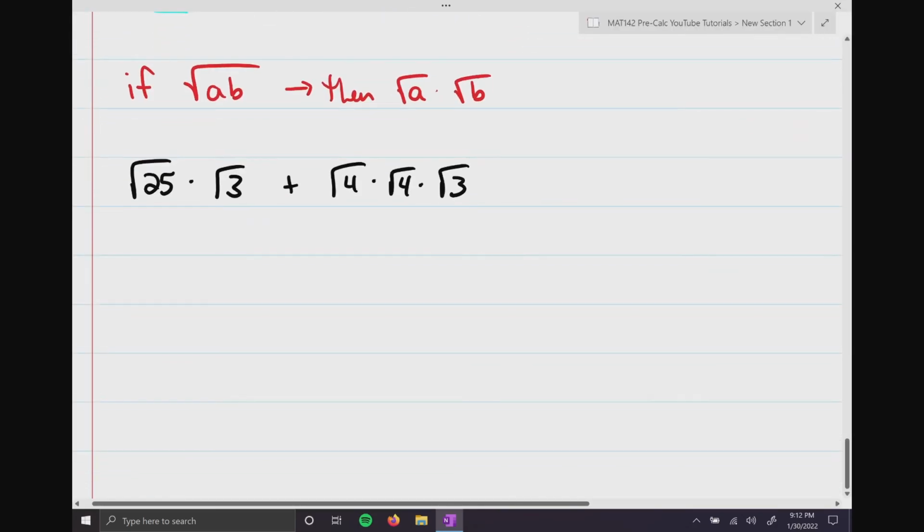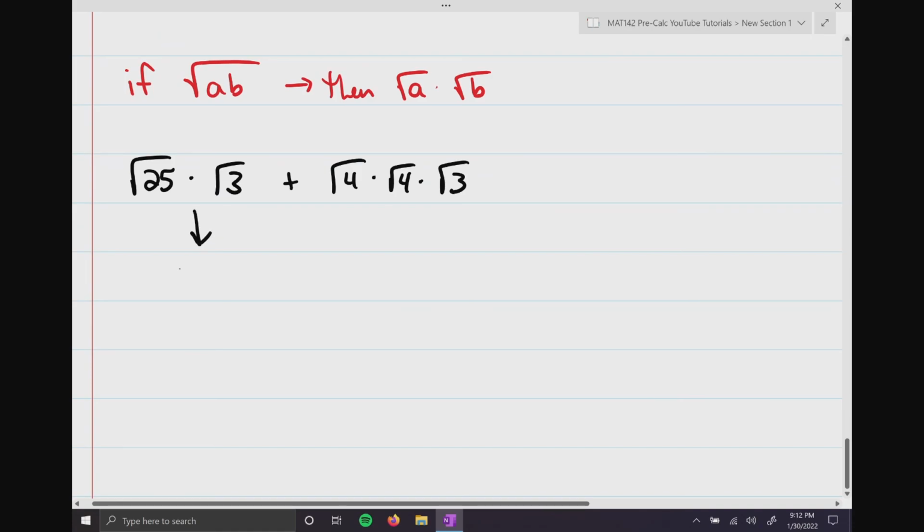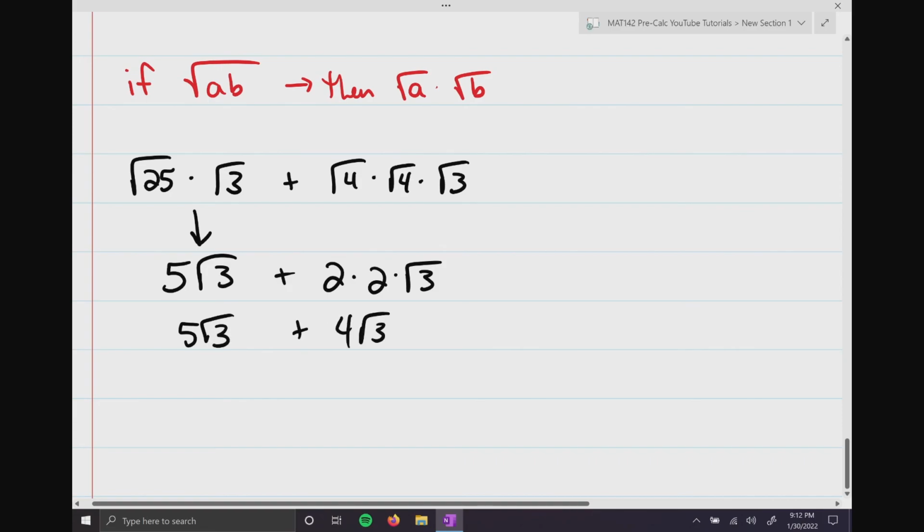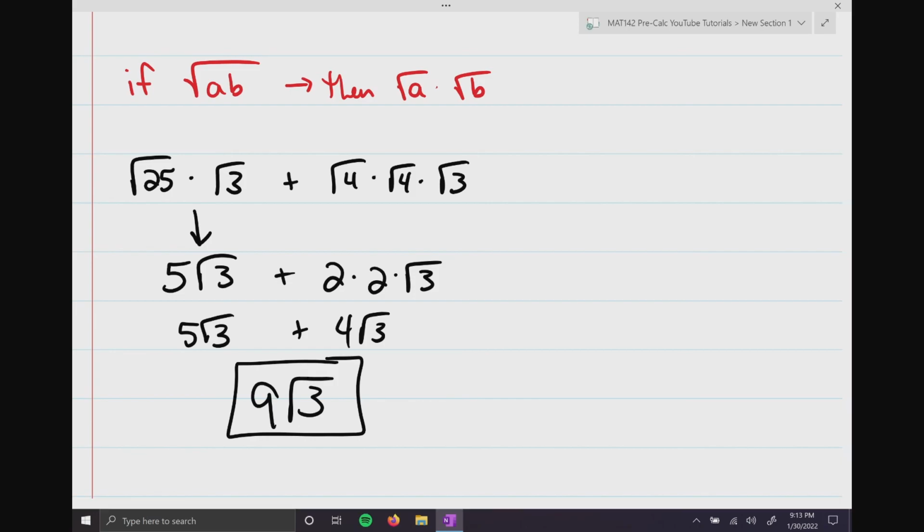So finally, we can come straight down. We get 5 square root of 3 plus 2 times the square root of 3, which is really 5 square root of 3 plus 4 square root of 3. And then we can add them to give you 9 square root of 3. So yes, I definitely really drug this problem out in terms of time, but I